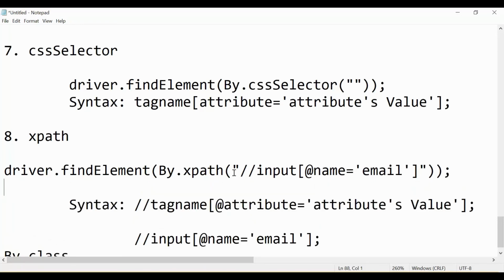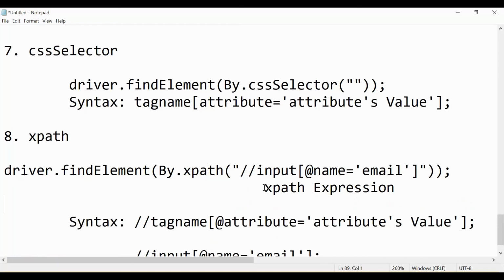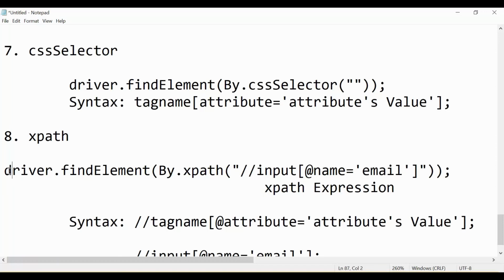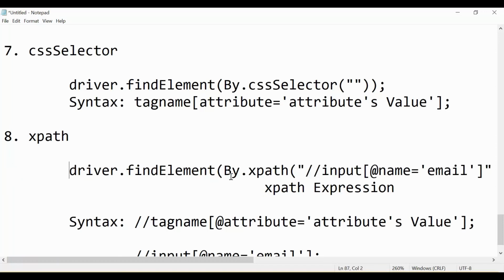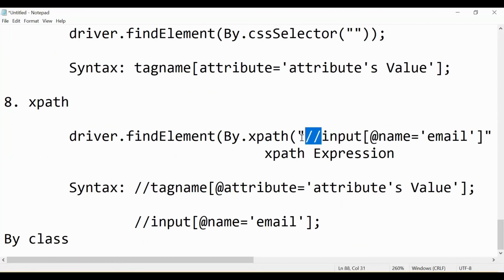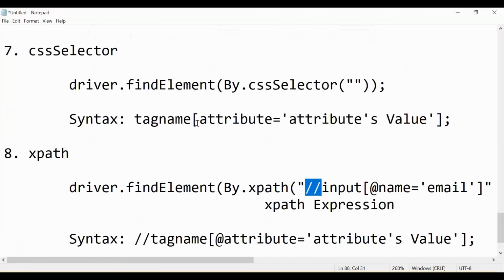Using this value, the XPath value, this is called an XPath expression. There are n number of ways you can create the XPath, so we'll see that in detail in the coming lectures, but this is the basic example and basic syntax of how you can use XPath and CSS selector to locate the web element. There is only a slight difference: you don't have to use the slash for creating the CSS selector, and the @ symbol is not required.